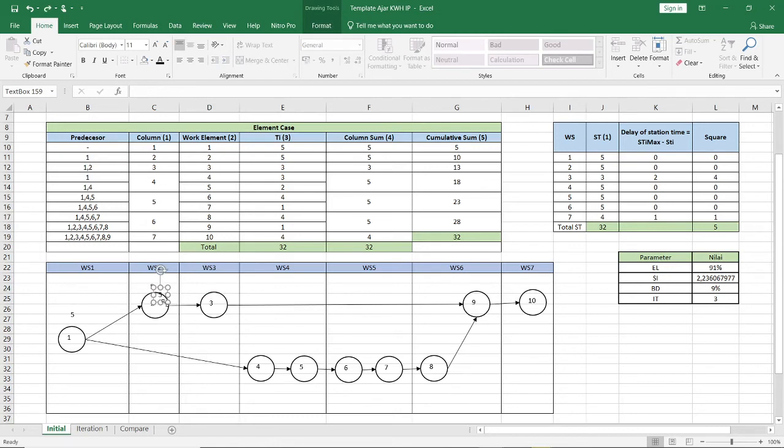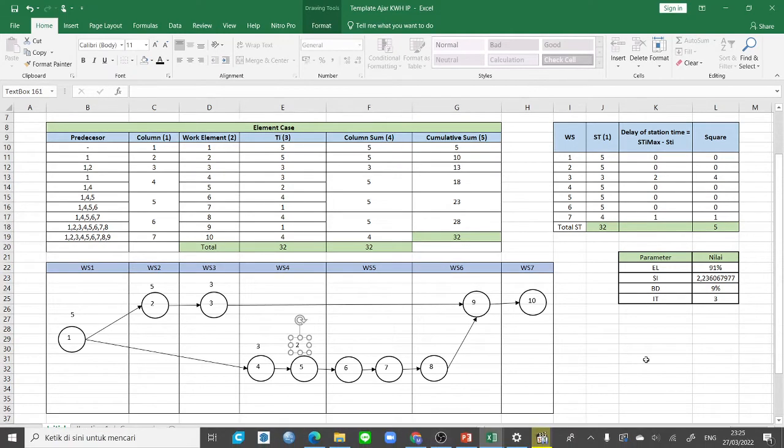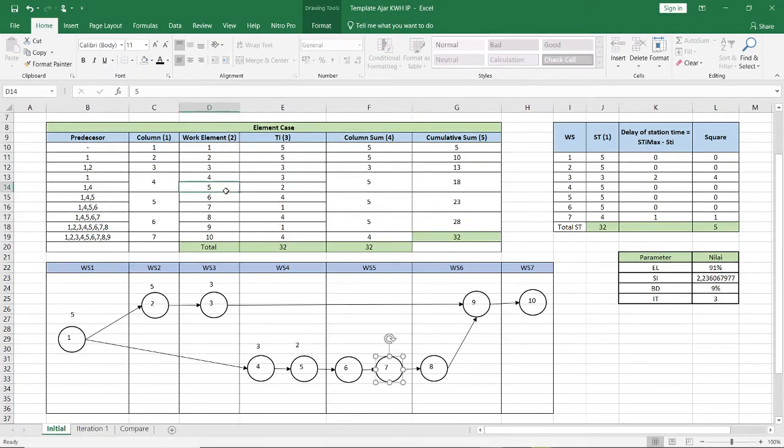For the third work element, it is 3 minutes. And the fourth work element is 3. Fifth work element is 2. You can see it right here, 2.